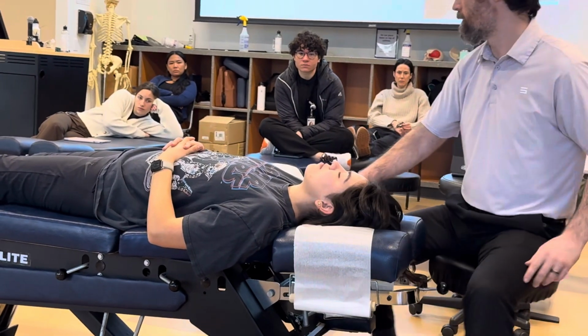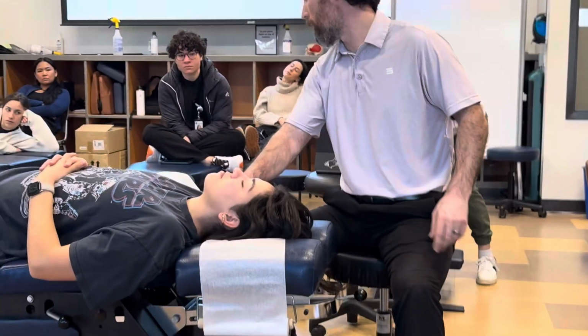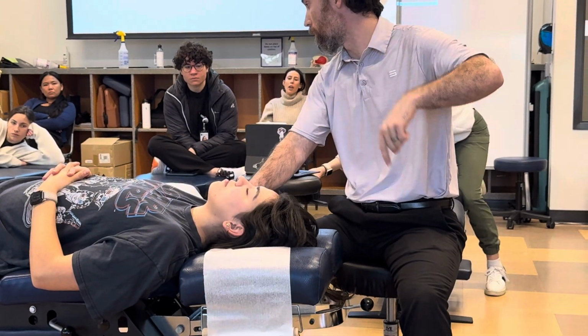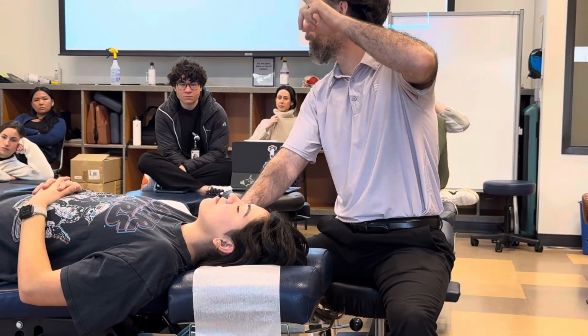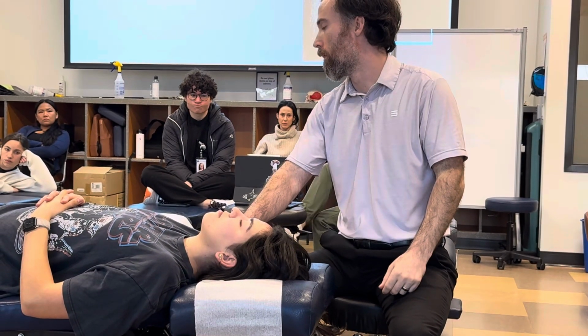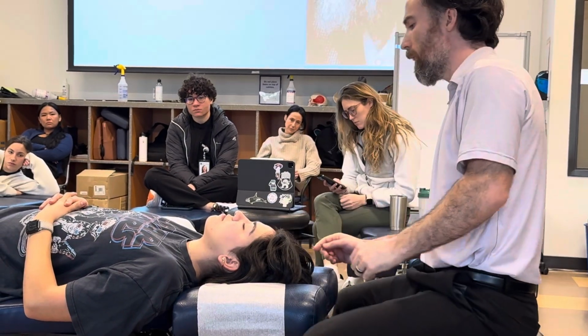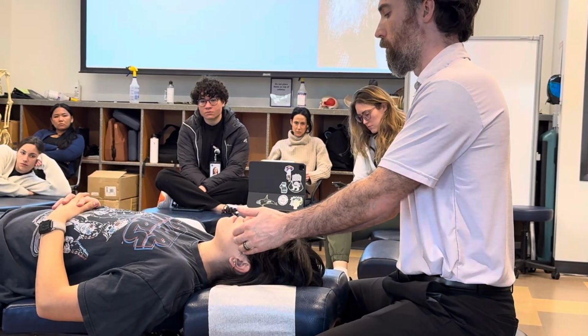tapping it, and to see it on this side, finding that TP of C1, getting on the anterior aspect of it, and then pushing posteriorly. Just very flat, very gentle pressure. Almost like I'm not even using enough pressure to play a piano key on a weighted keyboard. Holding pressure there. Then a move I really like that a massage therapist once showed me is to walk your